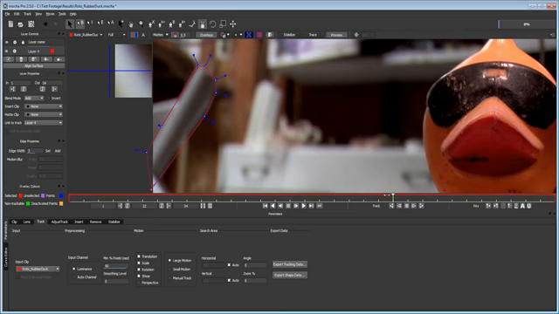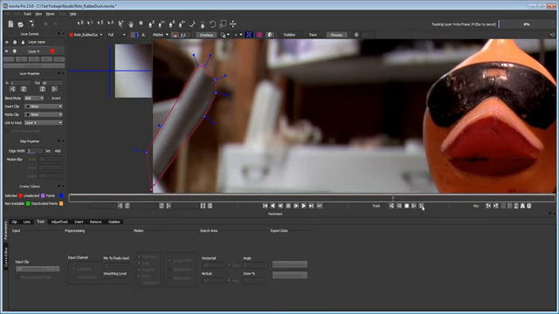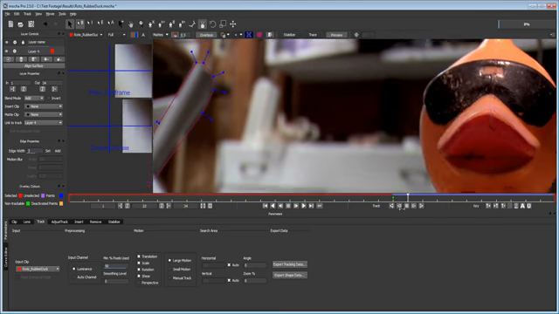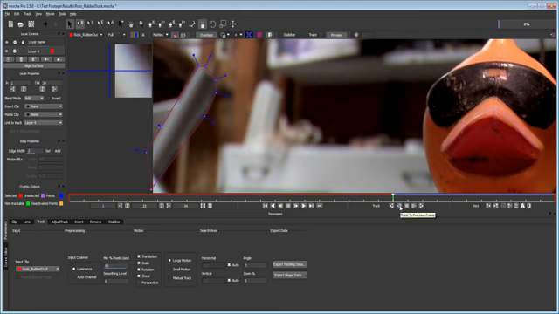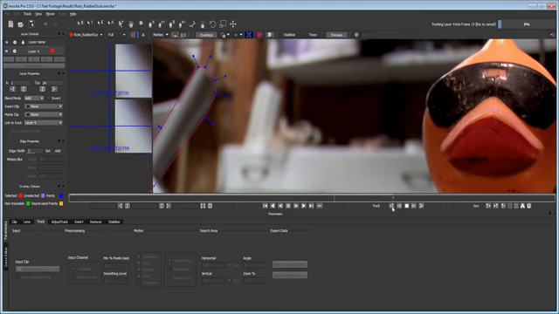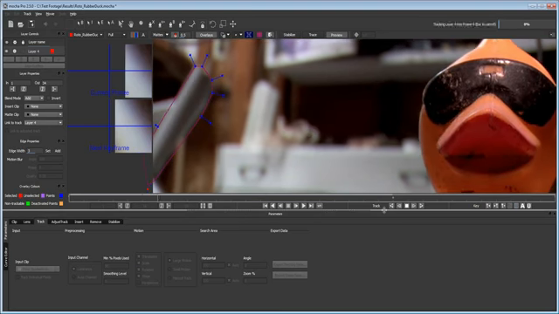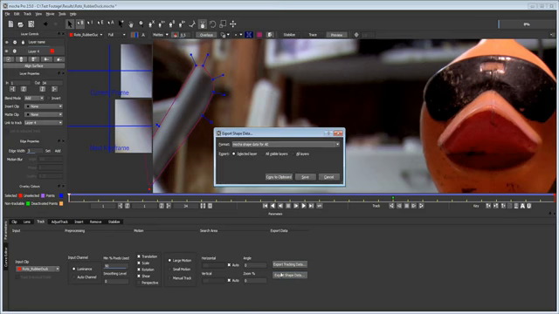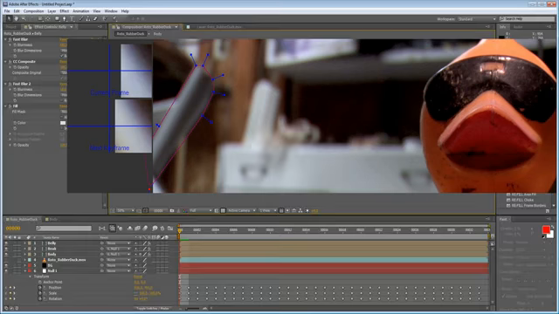Good. Let's track forward, and it starts right there, so we want to track backwards as well. And then I'm gonna show you how to export the shapes instead of the tracking data. So let's export the shape data, Mocha Shape data for After Effects. Copy to clipboard, and